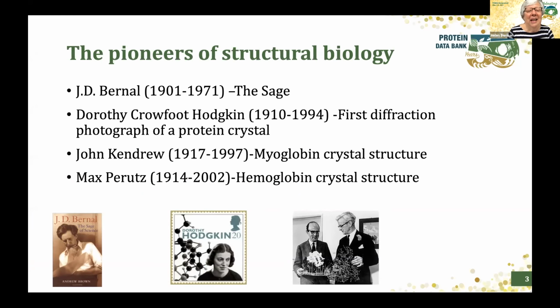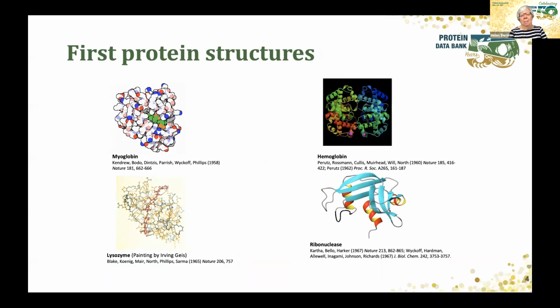And more than 20 years later, we finally actually saw the first crystal structure of a protein, myoglobin, done by John Kendrew and colleagues, followed very shortly thereafter by the hemoglobin crystal structure. Here are 4 pictures drawn in different representations of these landmark structures: myoglobin from the Kendrew lab, hemoglobin from the Perutz lab, lysozyme from David Phillips's lab at Oxford, and then ribonuclease, which was in 1967 and was the very first American